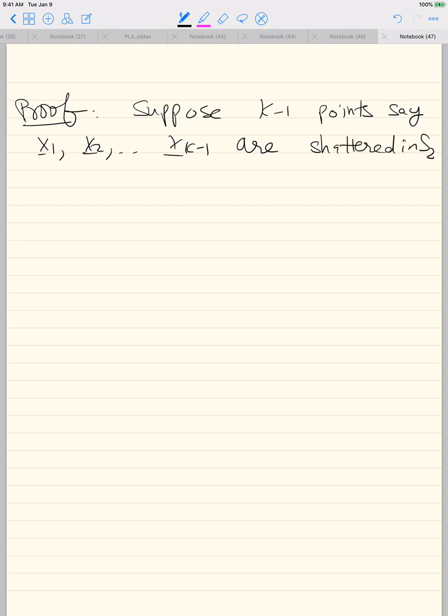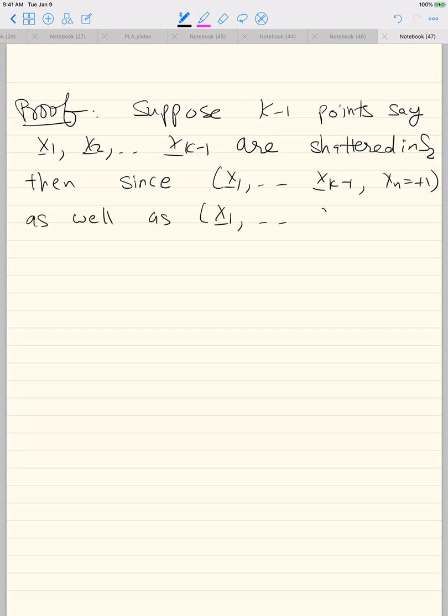Suppose these points are shattered in S2. Then, since x1 to xk minus 1 and xn equals plus 1, as well as x1 to xk minus 1 and xn equals minus 1, both, this is not the best notation to have. So let me rewrite this. Then since